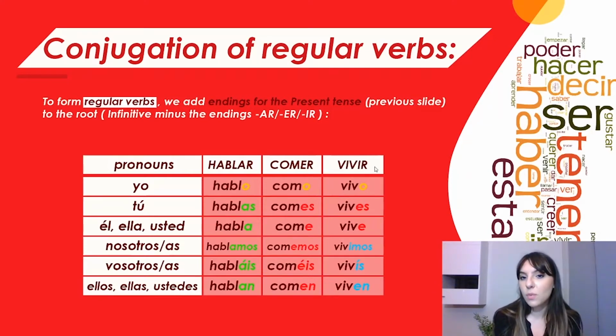And the last one, the verbs ending in ir, we have the example vivir. Again, all regular verbs ending in ir change the same way as this one. So first person singular is vivo, second person singular vives, third person singular vive, first person plural vivimos, second person plural vivís, and third person plural viven. So don't forget that you can just learn these three verbs and be able to conjugate all the regular verbs in present tense in Spanish.